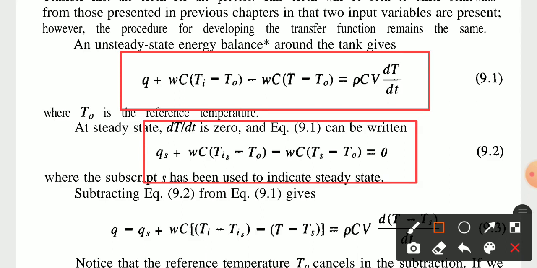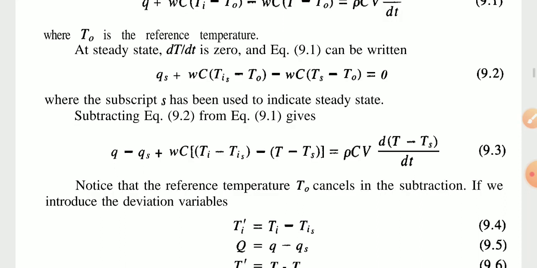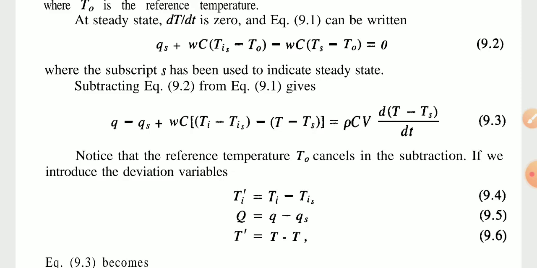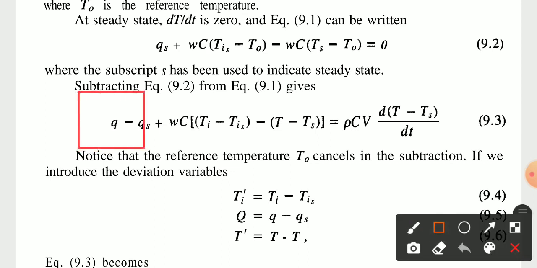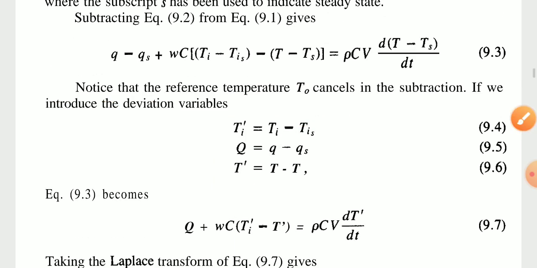Qs plus Wc (Tis minus T0) minus Wc (Ts minus T0) is equal to 0, where the subscript s has been used to indicate steady state. Subtracting the equation from equation 9.1 gives Q minus Qs plus Wc (Ti minus Tis minus T minus Ts) equal to rho Cv d(T minus Ts) by dt. Notice that the reference temperature T0